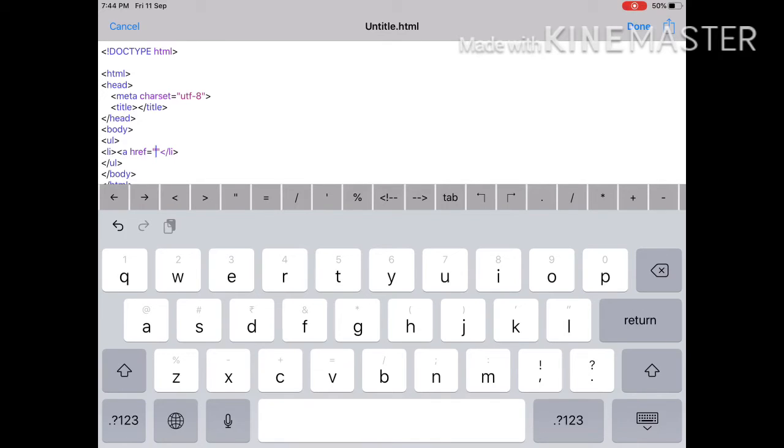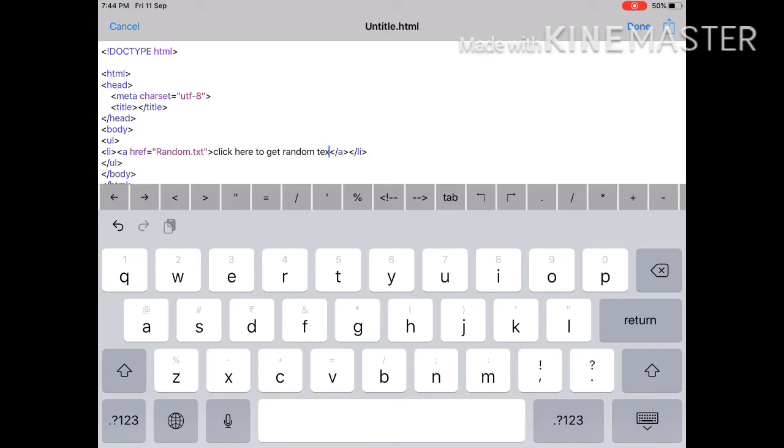So a href is equal to, so the link of our text is random.txt. I'm going to end that. Now from the starting a and the ending a, we write the name we want. So suppose, click here to get random